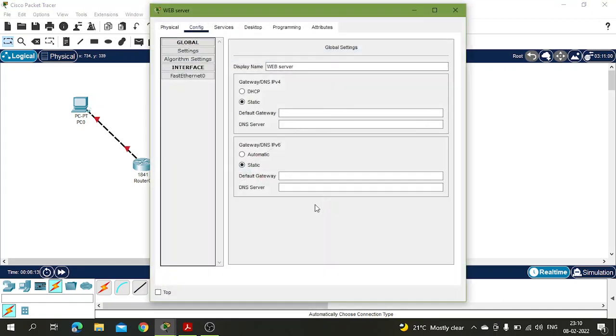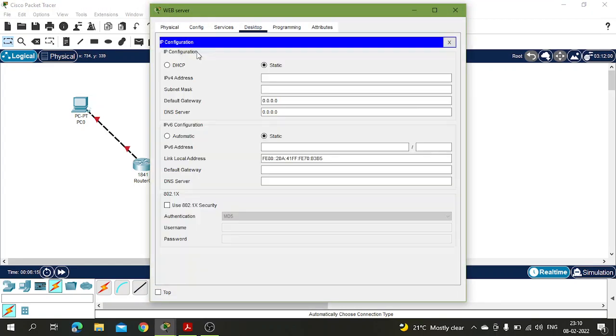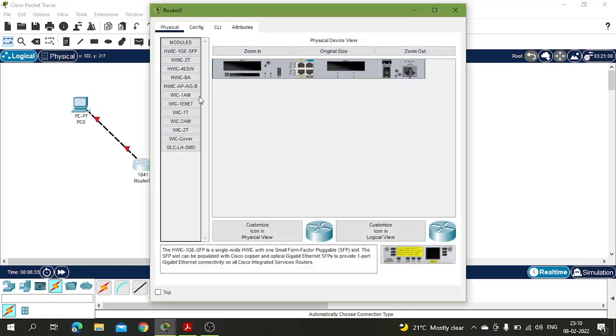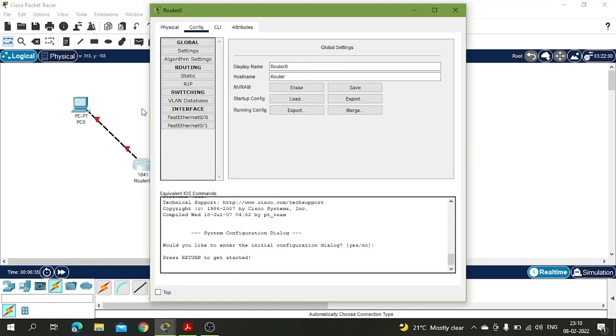And for web server, IP config, and the IP is 192.168.2.2, and the gateway is 192.168. Close it. And for router 0,